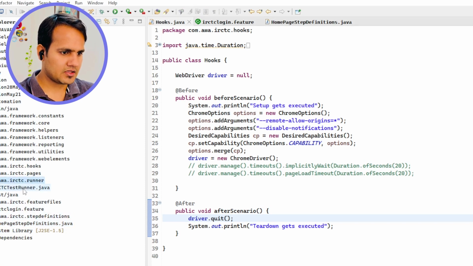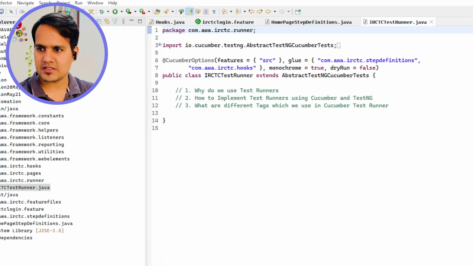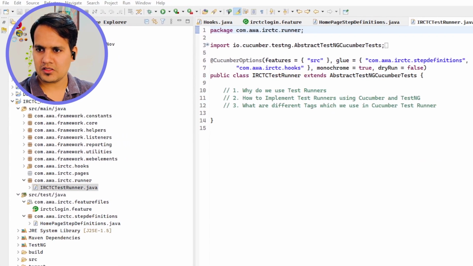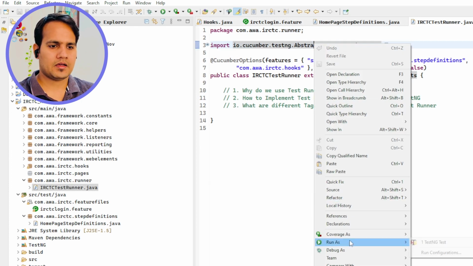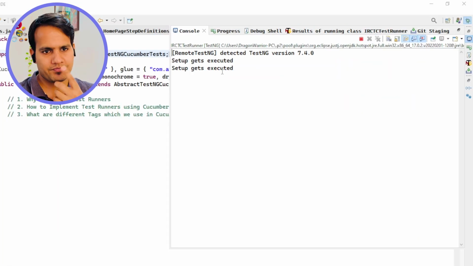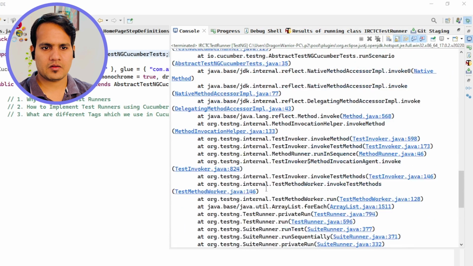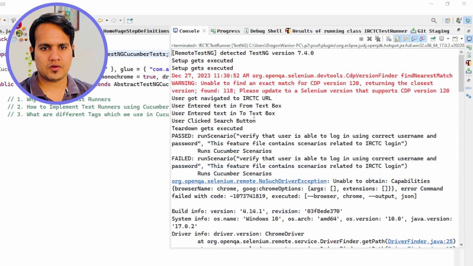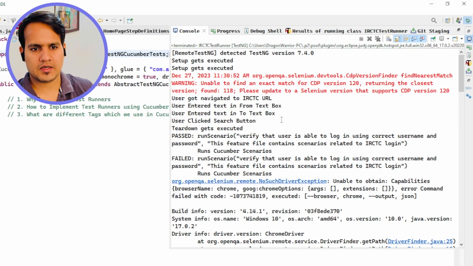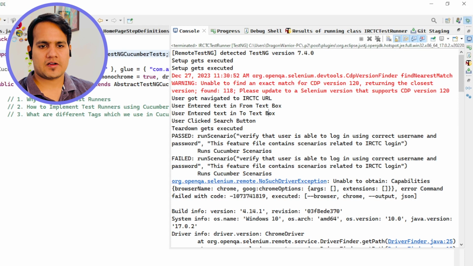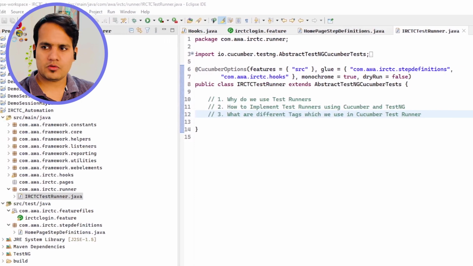I'll just quickly run this. We have the runner also, this IRCTC test runner. If I run this, let's see if this is working fine. We will be facing some issues, but we'll fix that in some time. This is related to Chrome, so we are not worried about that so far. Now let's go back and see